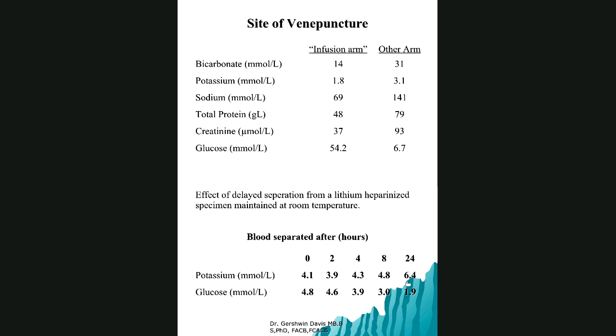Somebody has asked, does potassium get elevated due to chelation when put in the EDTA tube? Well, remember that's one of the possibilities of pre-analytical error: wrong tube. If you put it in a potassium EDTA tube, it will be elevated immediately. Nothing about delayed separation here is different. So you need to put the sample in the correct tube. That's a very important point again.